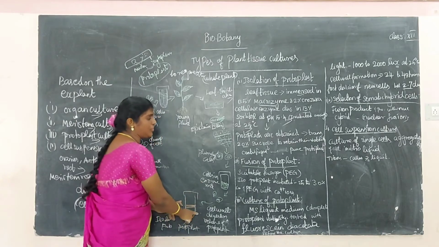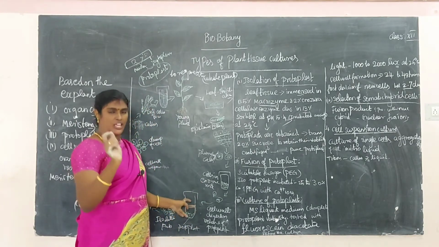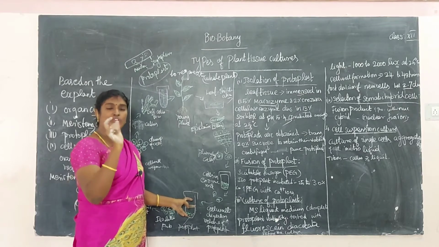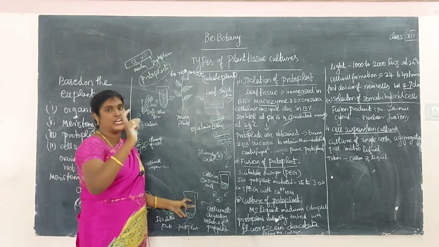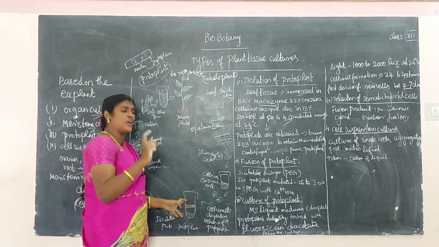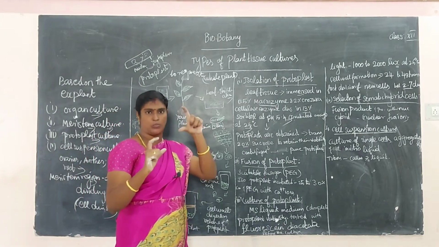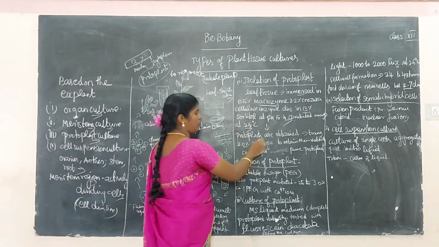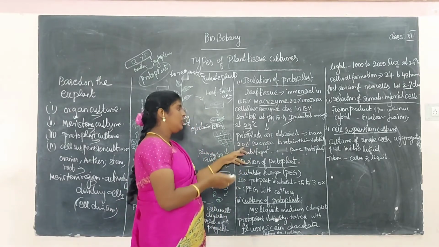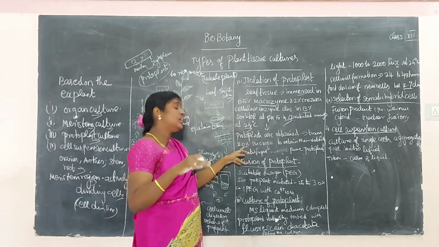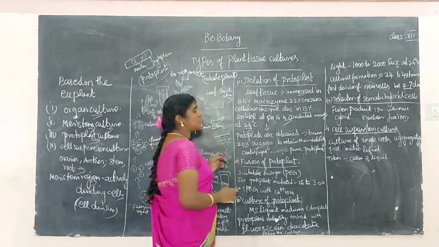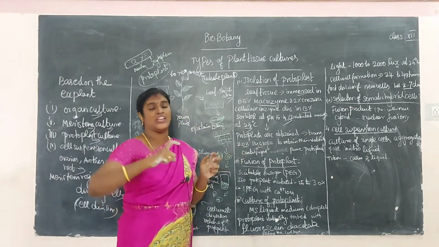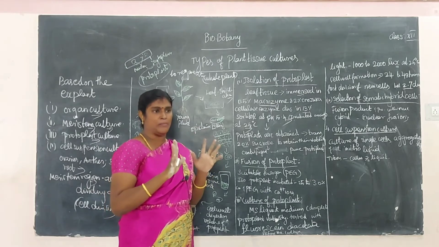This is called centrifugation. Centrifugation is a kind of filtration process. In microbiology and biotechnology labs, we keep tube-like containers for centrifugation. So protoplasts are obtained from the leaf. The protoplasts are transferred to 20% sucrose to retain their viability. What is the viability test? Viability is nothing but the plant cell.